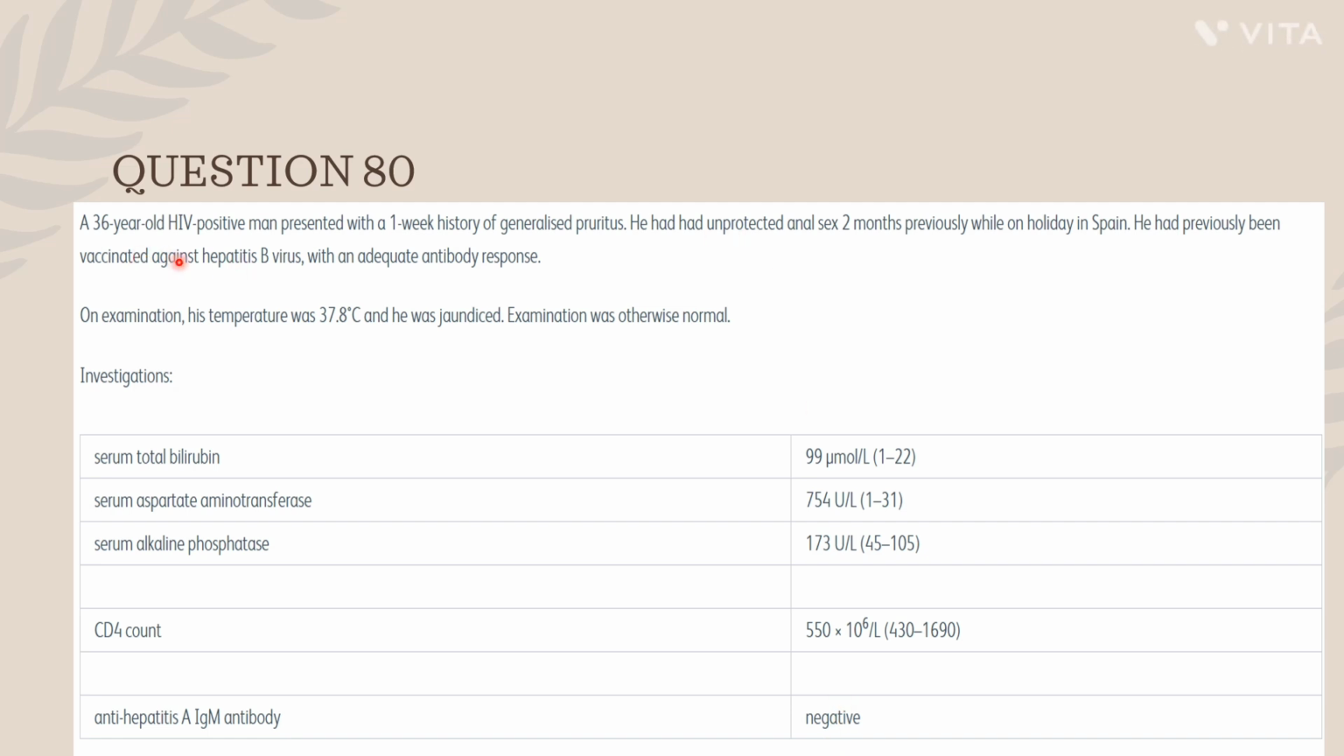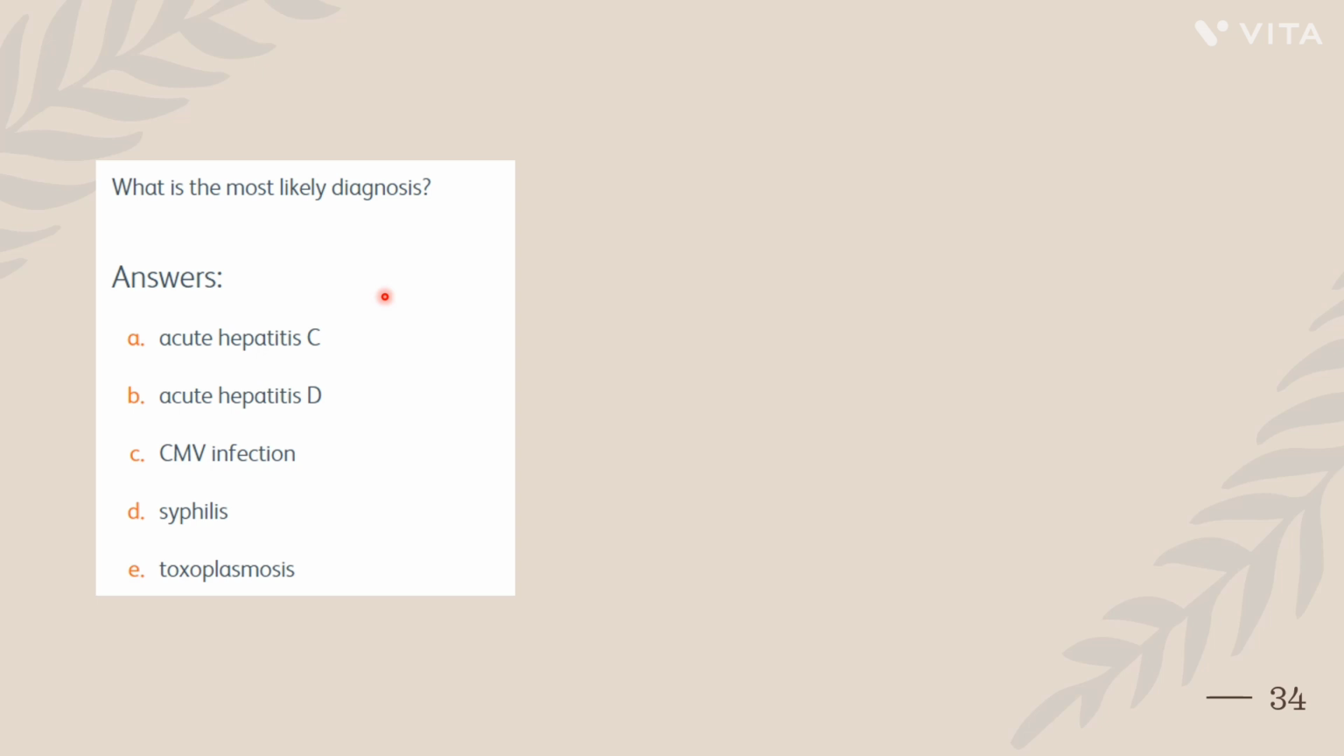So it is an HIV positive man with 1 week history of generalized pruritus, and he had unprotected anal sex. So it is some sexually transmitted virus, but he was previously vaccinated against hepatitis B with adequate response, and anti-hepatitis A is also negative, and the transaminases, AST, are very high with high bilirubin. So it is like a fulminant liver failure. So that can be sexually transmitted, which can cause an acute